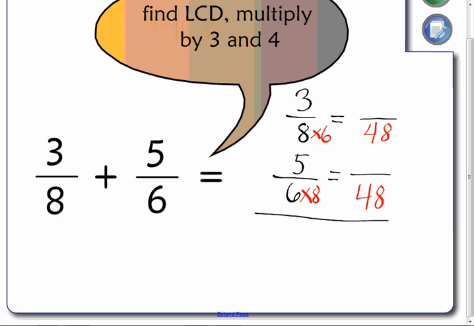Okay, if I multiply 6 by 8, what do I have to do with the numerator? Multiply it by 8. It's got to be fair. Right, Jeremiah? Got to be fair. This one was 8. Yeah, that's right. It's 40. And then this is 8 times 6, so this is times